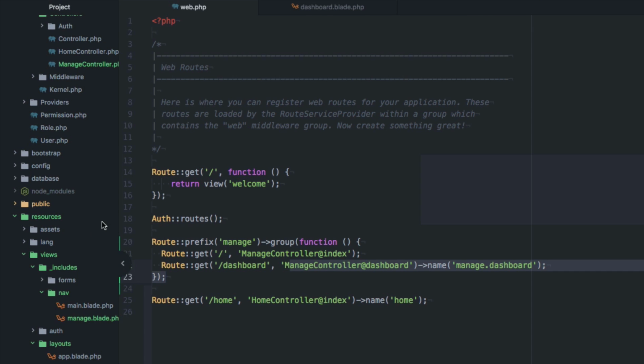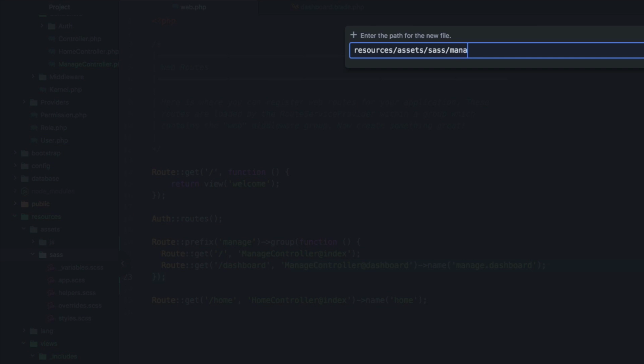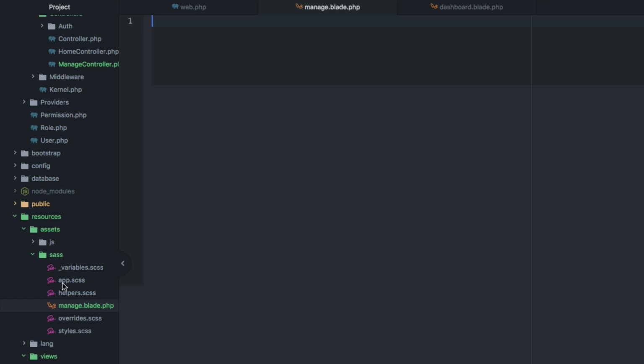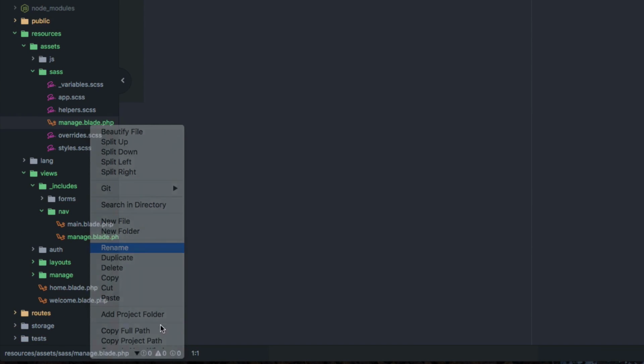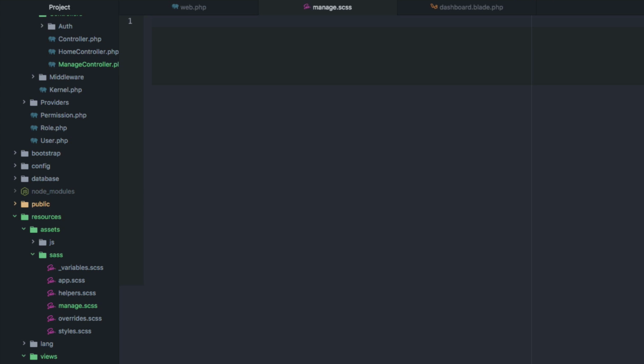So to do that, we just need to open up our CSS. Let's close some of these unnecessary files and go to our Sass. And inside of our Sass file, what I want to do is create another file just for our backend CSS. In the future, we'll probably have an app.css or CSS file that we